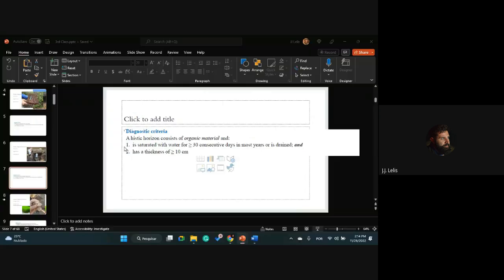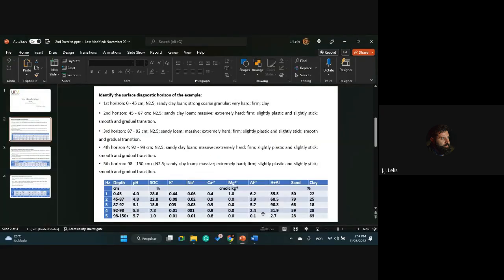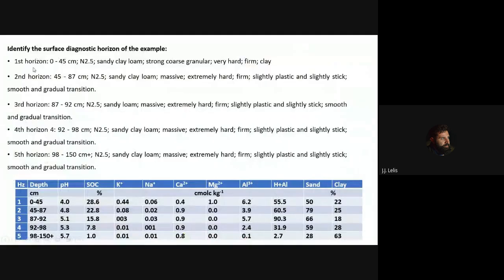centimeters. And in this first exercise, we have a horizon that possesses 45 centimeters of thickness. So all the criteria that identify a histic horizon are followed. So in this case, we have a histic horizon because we have a high content of organic carbon, and because we have a neutral color that indicates